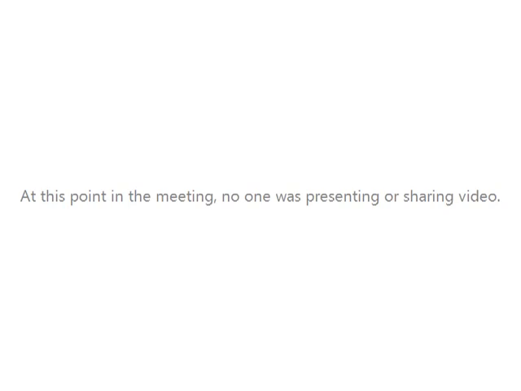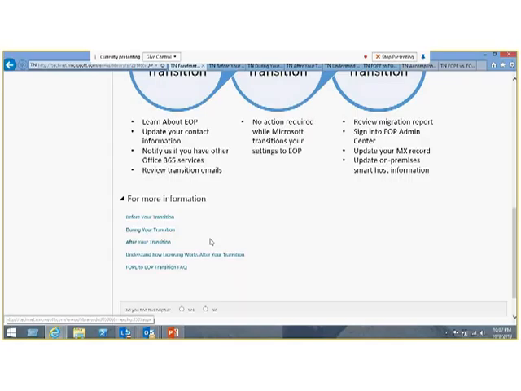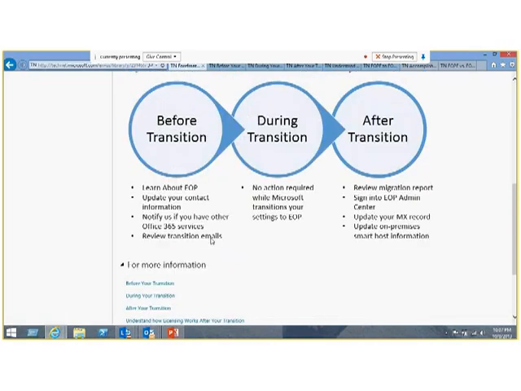All right, should be up at your end. So this is the Forefront Online Protection for Exchange Transition Center that we mentioned on the slide deck as well. Categorized into 3 sections: before transition, during, and after your transition. You click on the hyperlink separately. It will take you to the separate landing pages for each of them.